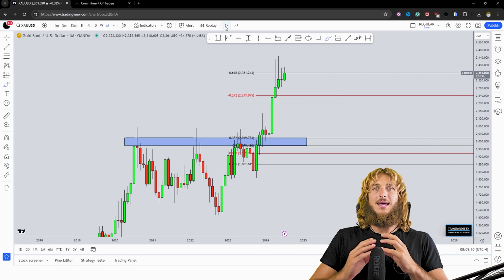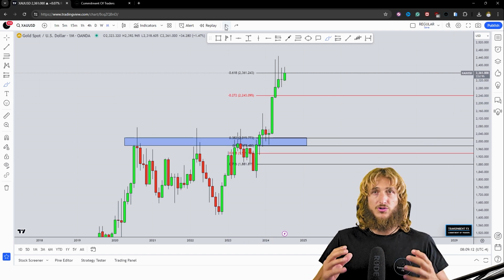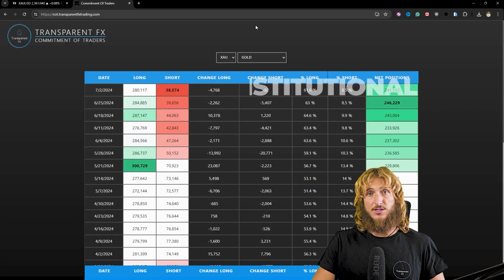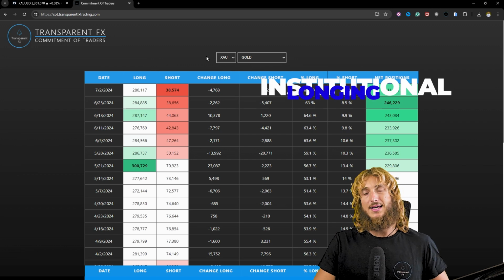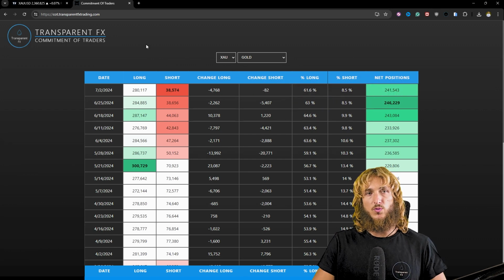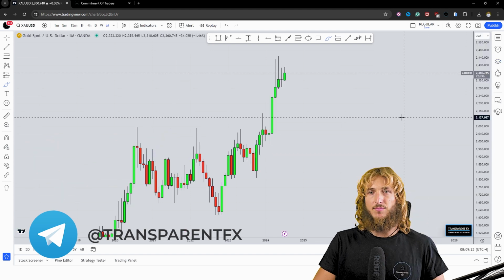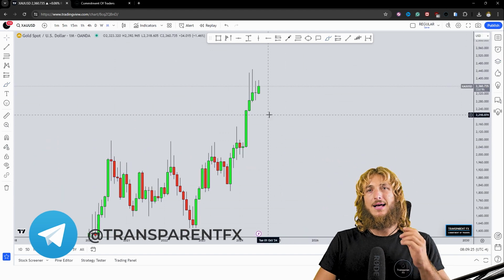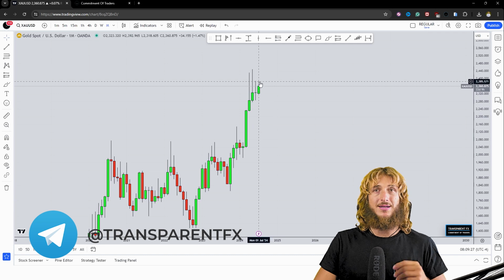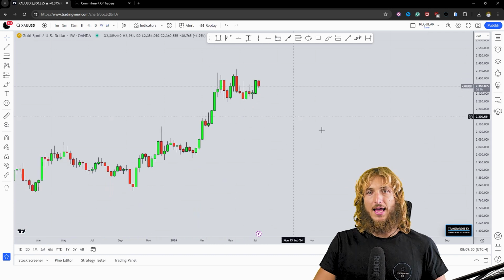And most importantly, inside of a confluence of support zone, you have an increased probability of getting institutional longing, which is something that we will be speaking about in just a few moments when we move to the commitment of traders analysis. So what hedge funds and the big players in the market are doing. For now, let's just keep in mind that the market is rejecting such a strong area and drop down on